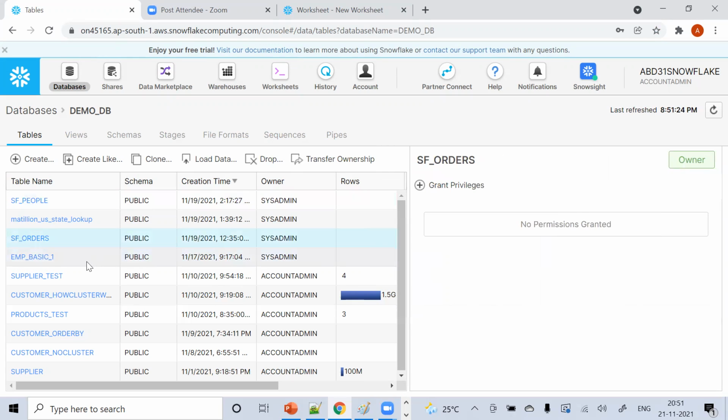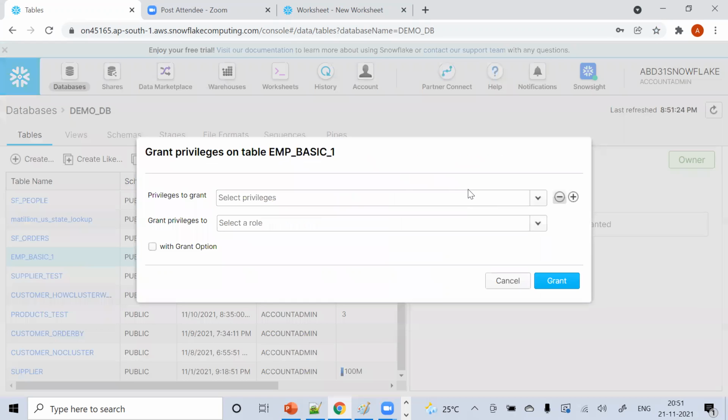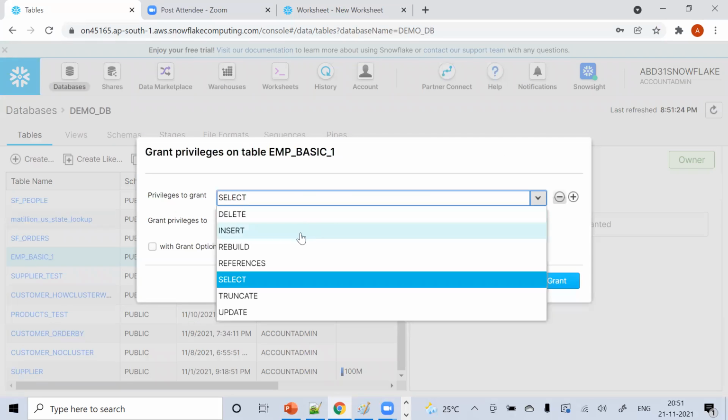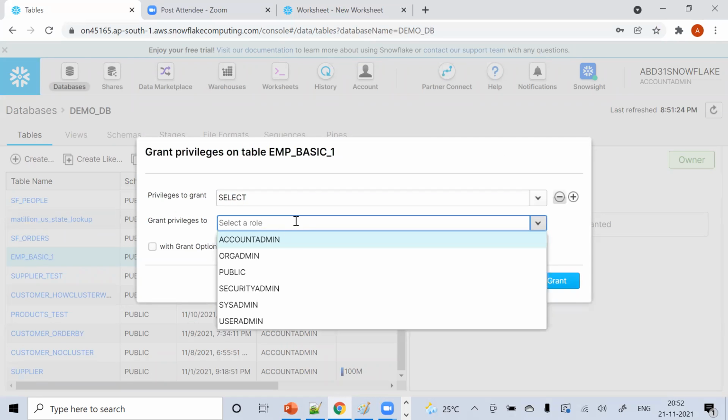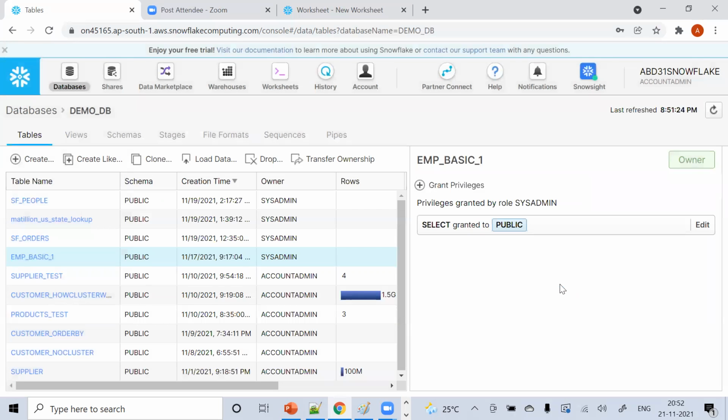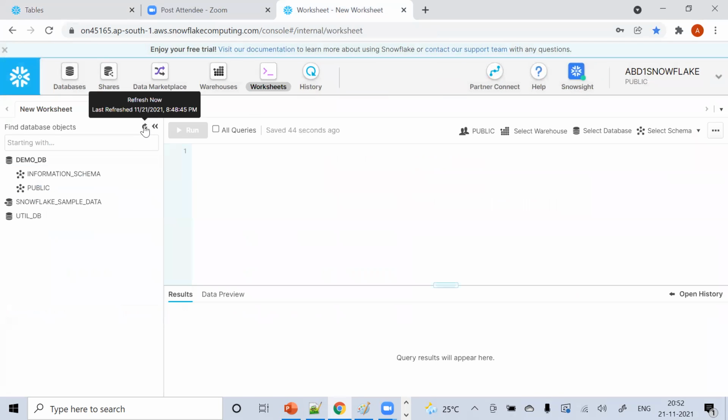Say I want to give access on EMP basic, and I want to grant privileges. What kind of privileges? I just want to give the select privilege, and I want to give it to public. Grant. This means my public role can do a select on my EMP basic, which is in DemoDB. So if I go here now and refresh,